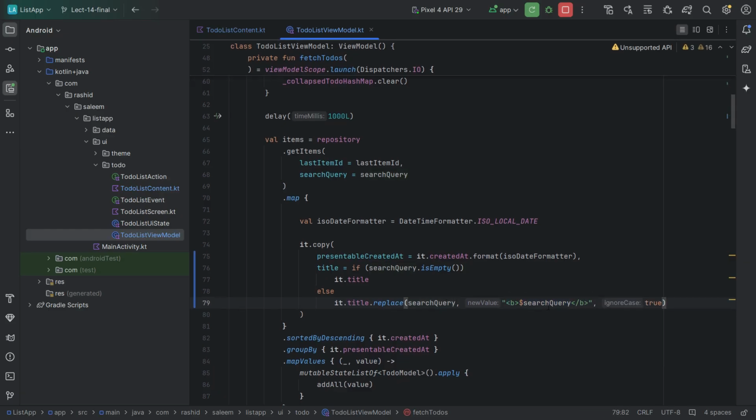So we will ignore the case here, whether it is lowercase or uppercase,